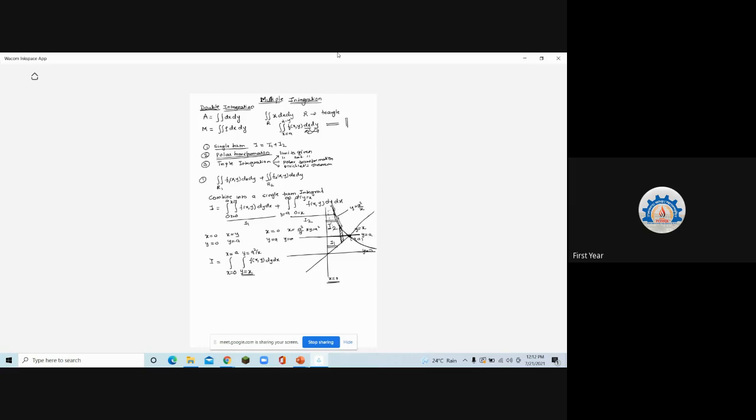So what is that curved region? Rectangular hyperbola. But who is changing vertically? y. Your rectangular hyperbola was xy is equal to a square. If I want the value of y, it will be a square by x. So what's the upper limit? y is equal to a square by x. So now vertically, y was changing, that's completed.